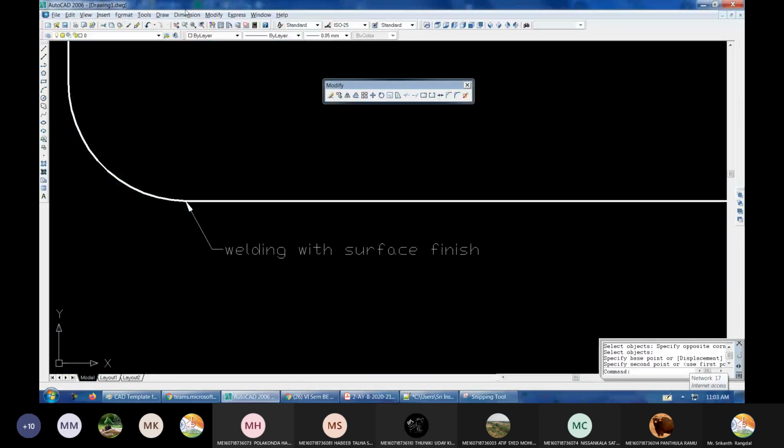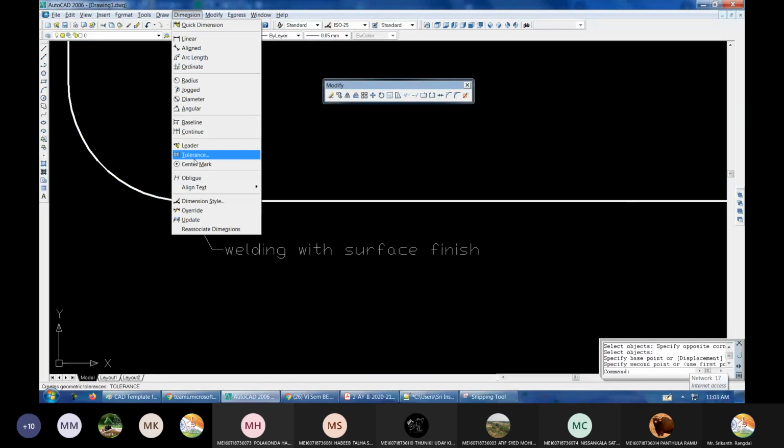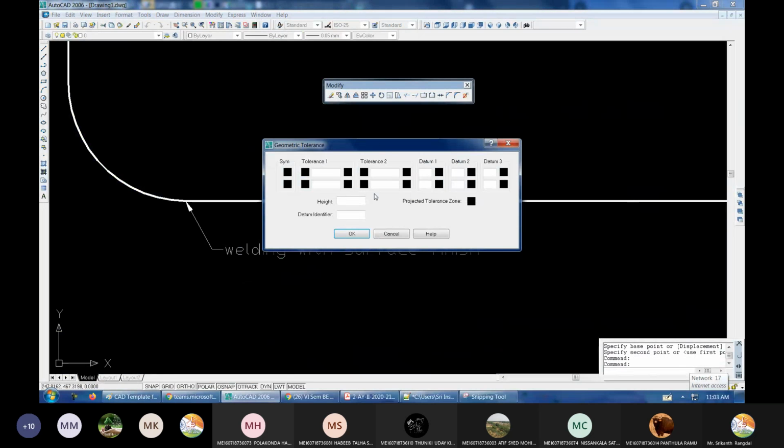What do we have next? After leader, we have something called tolerance. For tolerance, you will have to study metrology in detail to understand what all you have to do. There will be a number of symbols. This is for center, finding the center. This is for concentricity.